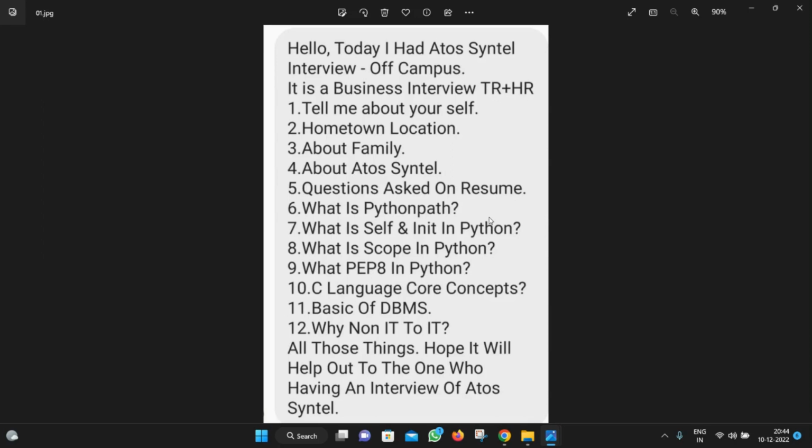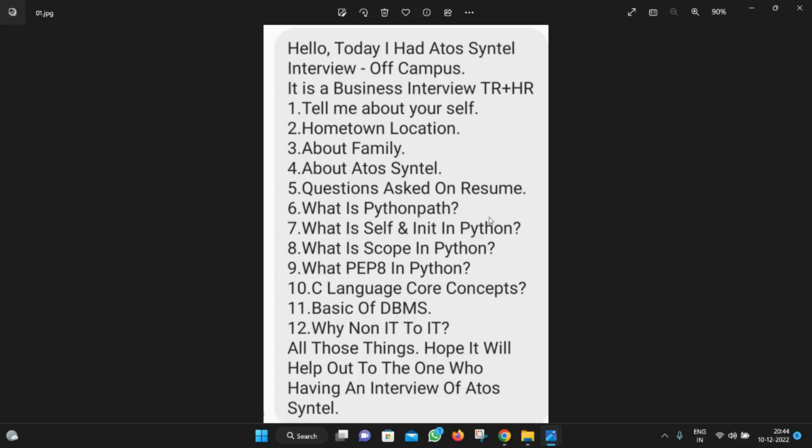What is Python path? What is self and init in Python, what is scope in Python, what is PEP8 in Python? Basically they will ask questions from the resume only. Whatever you mentioned in your resume, they will ask questions from there only. And then they ask what is PEP8 in Python, C language core concepts, basics of DBMS,